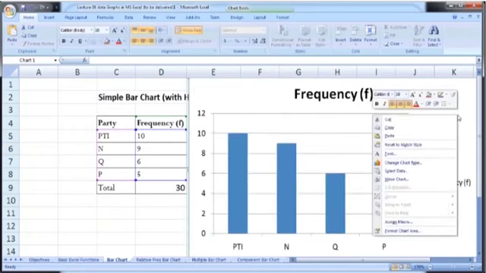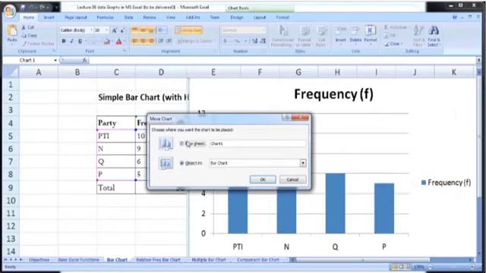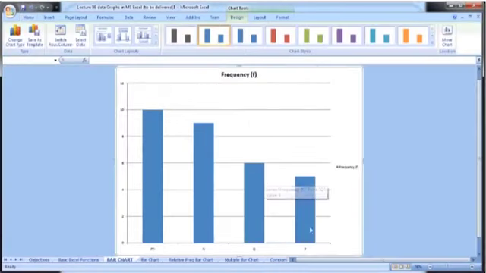So right click on this chart and select move chart. And here you can move this chart to a new sheet, and you can even provide a suitable name here. The default name provided by Excel is chart 1. So here we can put a suitable name, bar chart. Okay, so here is our required graph. You can even add suitable titles as well.